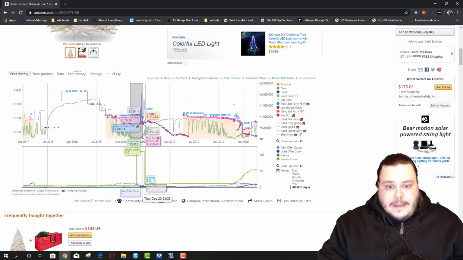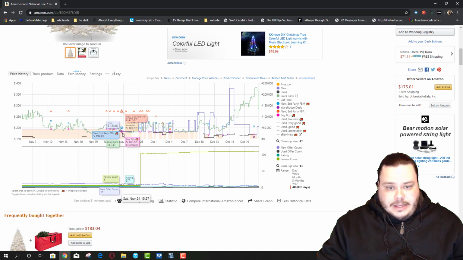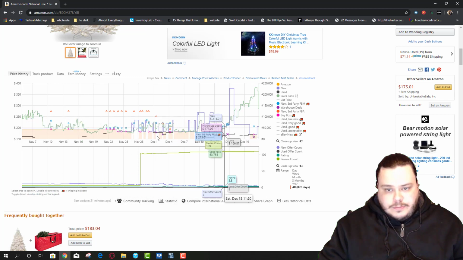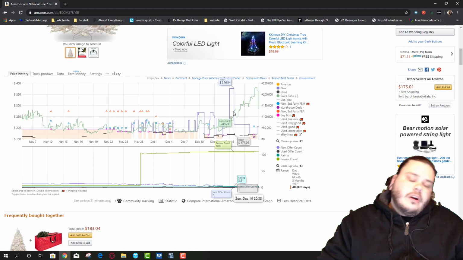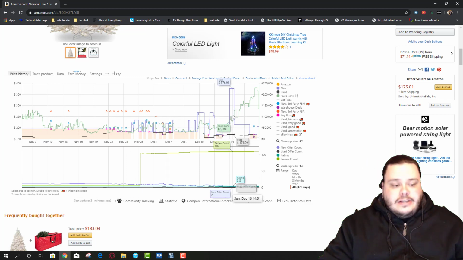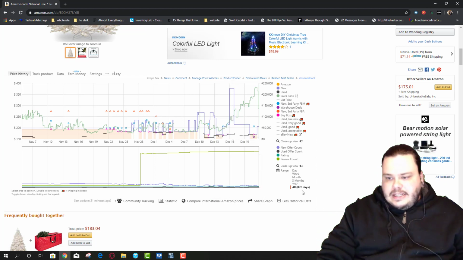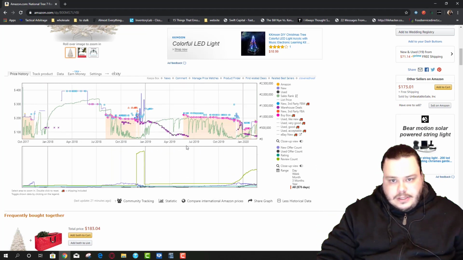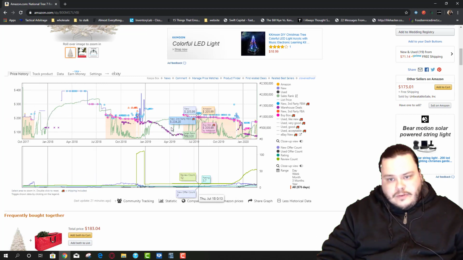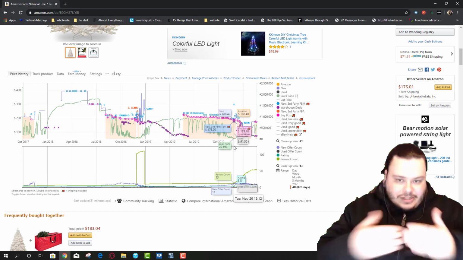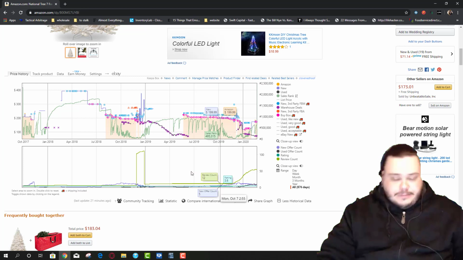It is hard to estimate exactly where it would go, but the sky's kind of the limit on this. 20K. This view is probably 1,000 sales or more. So that's why it is so important to look at this, because you would look at this in these time frames where the rank is very poor over here, but then very soon after it's not bad. So that's why it's so important to look at Keepa.